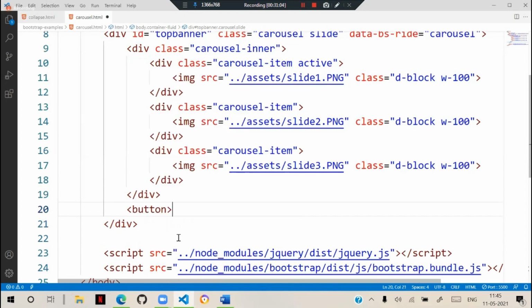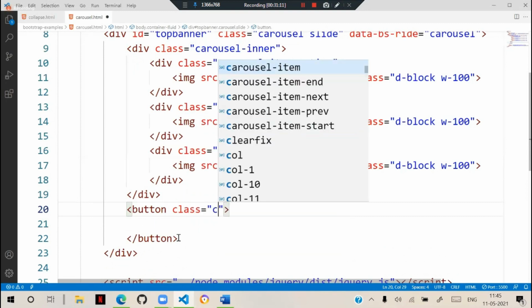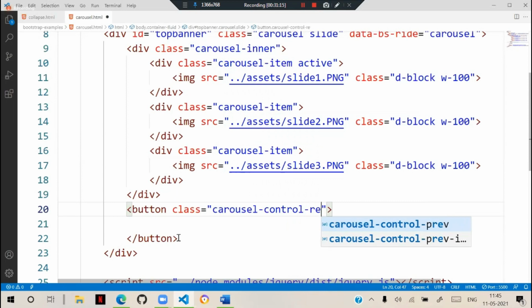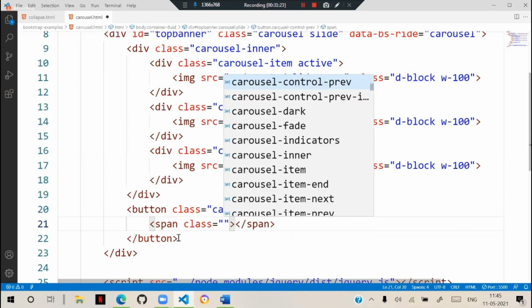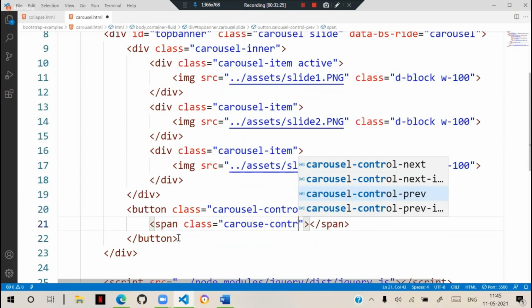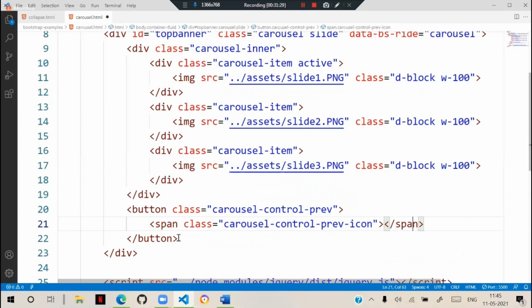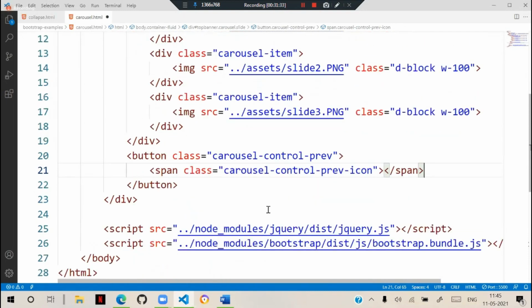So we will use a button for the previous button, with class carousel-control-prev. It should have an icon inside it, so we put a span with class carousel-control-prev-icon. Just like a Font Awesome icon, there will be a previous icon.